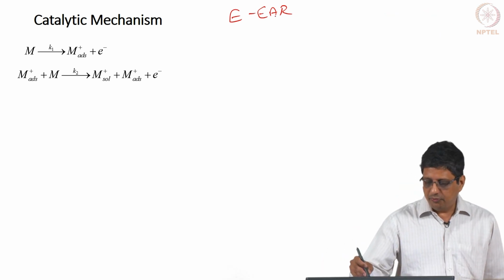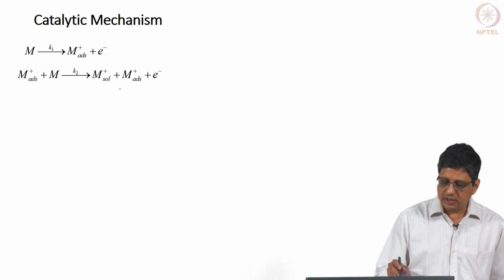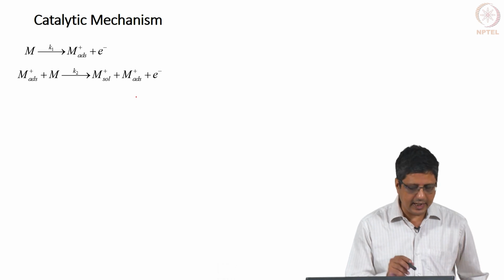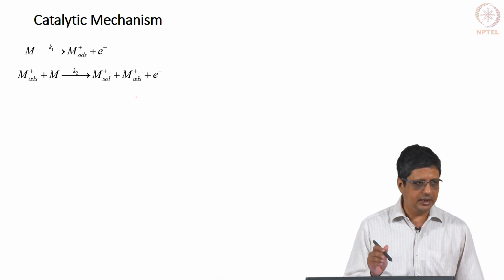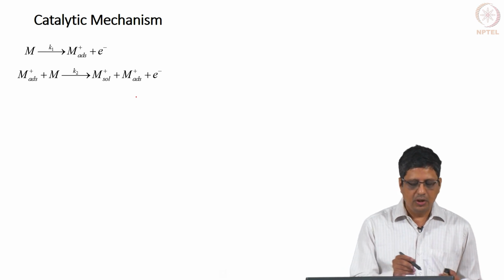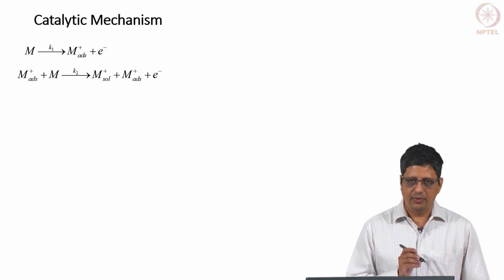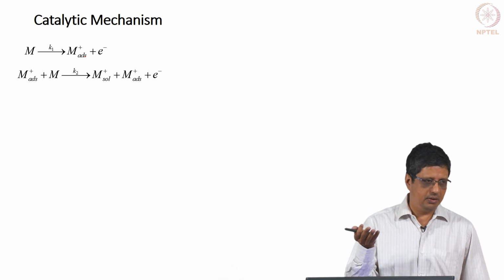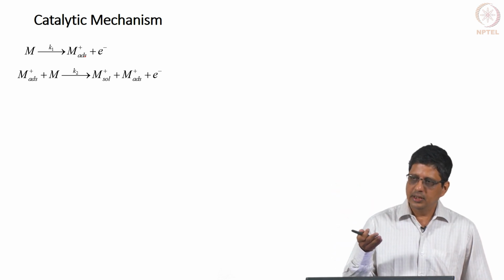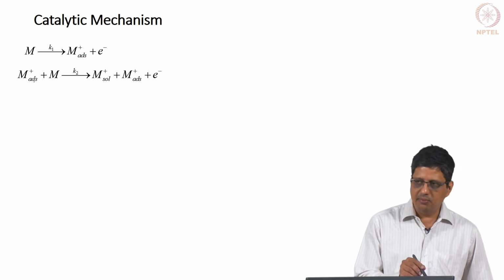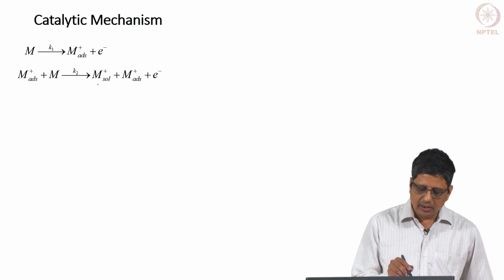But first I want to take a mechanism which is not really going to give you a good steady state current, but it is easy to explain what happens in the physical system, and then we will use a slight variant of this. So, the first reaction is metal goes into M plus adsorbed plus electron. We have seen this before. Metal loses an electron, it is an ion on the surface, it has not really come out into solution, it just loses an electron, we call it M plus adsorbed. Now, the M plus adsorbed in conjunction with the vacant metal gives you an electron, it becomes M plus adsorbed, M plus solution and electron.